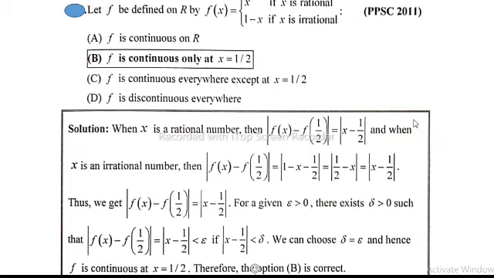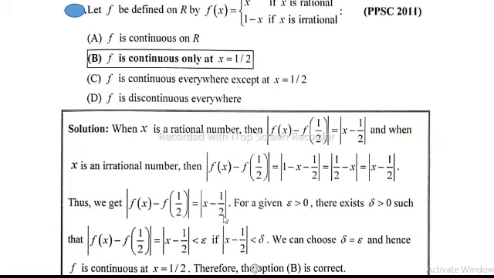2, 1 minus 1 divided by 2 is equal to plus 1 divided by 2, so absolute of 1 divided by 2 minus x, so multiplying by the minus sign, it is equal to absolute of x minus 1 divided by 2, which is equal to f of x and 1 minus x. We get absolute of f of x minus f of 1 divided by 2 is equal to absolute of x minus 1 divided